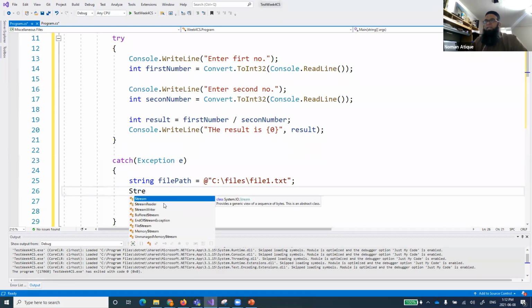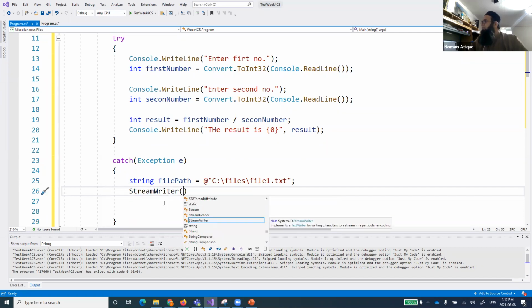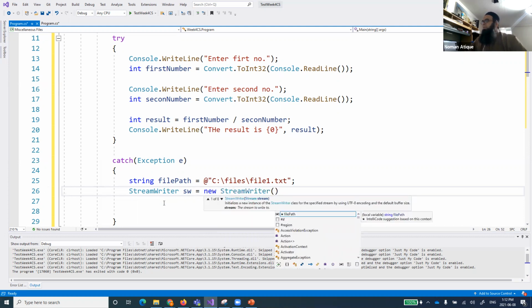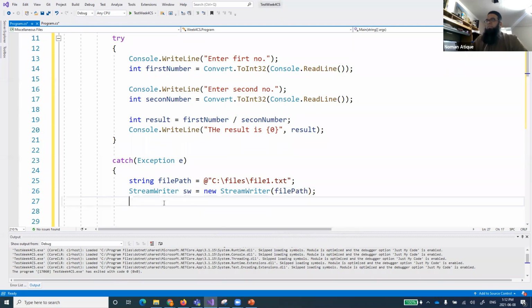Now, so StreamWriter, as we had a StreamReader, there is a StreamWriter class, right? And we'll create its object equal to new StreamWriter. And here we will be just calling what we have to. So what we can do is that we can just pass it file path. I want to write to a file which is given over there, like file1.txt. I want to type something into file1.txt, right?